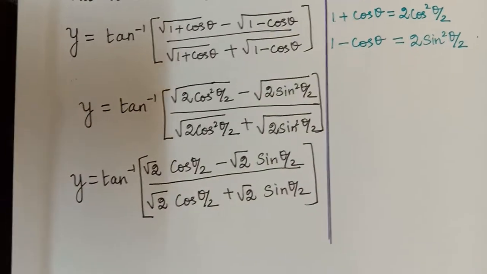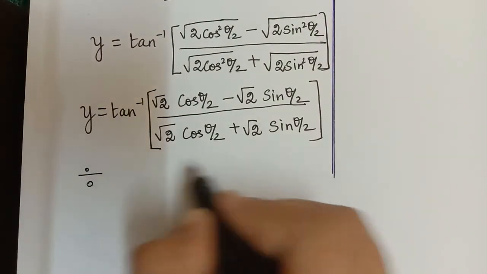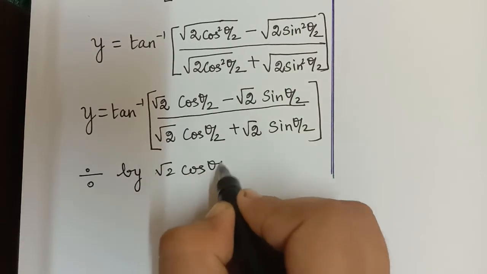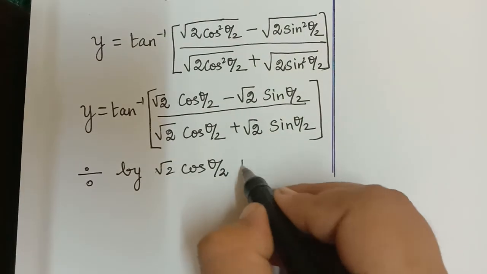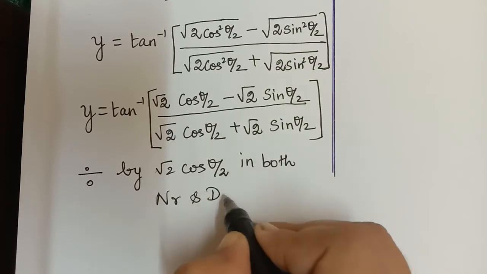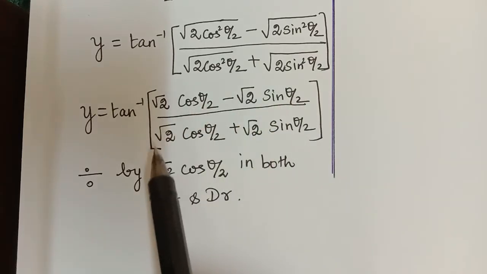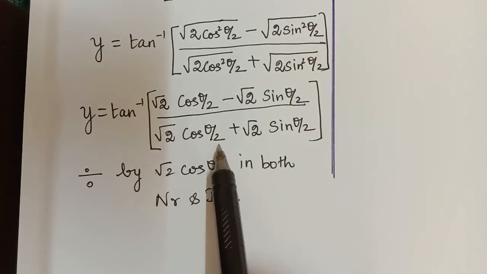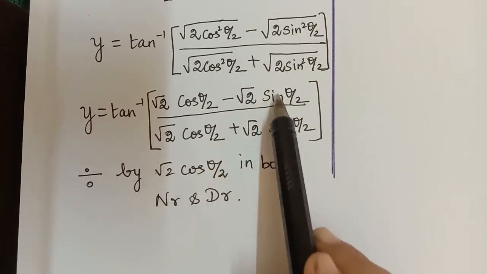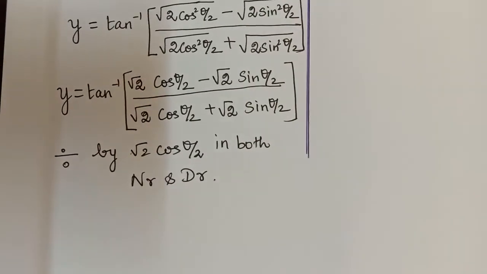So now in this we shall divide the complete term by root 2 cos theta by 2 in both the numerator and denominator in order to make it same. If we divide by a term in the numerator, we have to divide by the same term in the denominator also. So we are going to divide by root 2 cos theta by 2 in both numerator as well as denominator. So what will happen here now? This y will be equal to